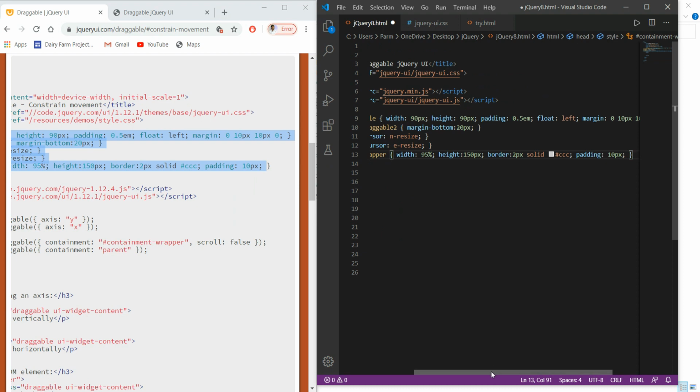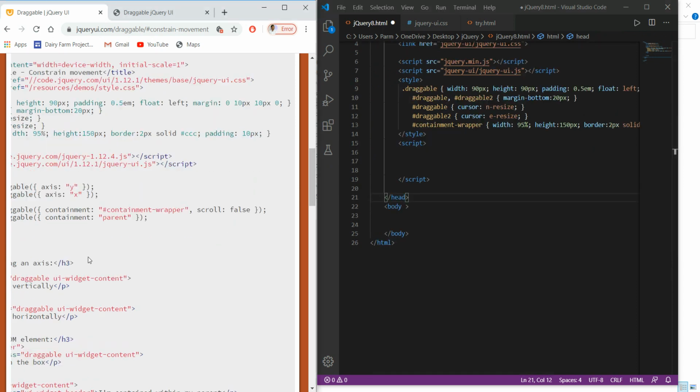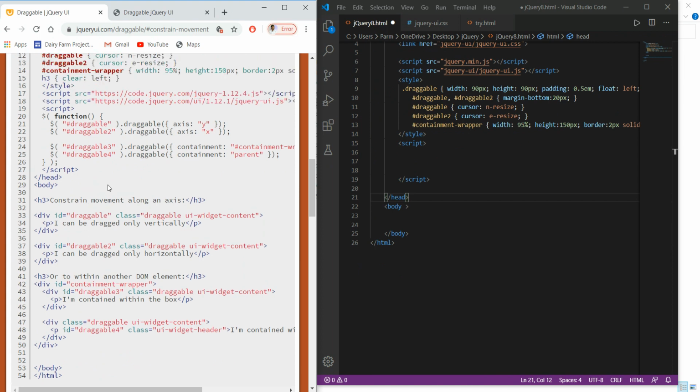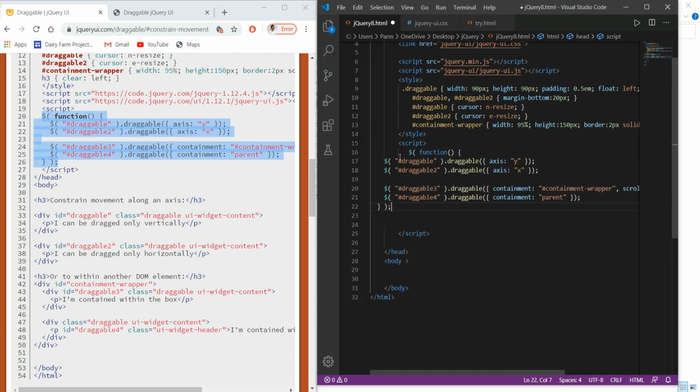Then we also need to copy this script from here, and paste it in the script section. I'm just making it indented.